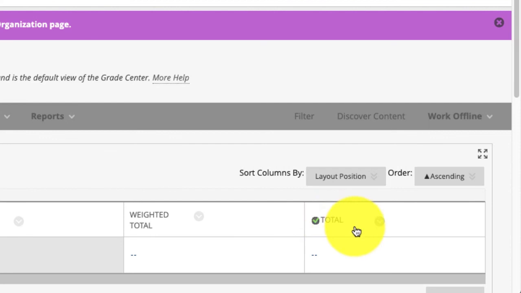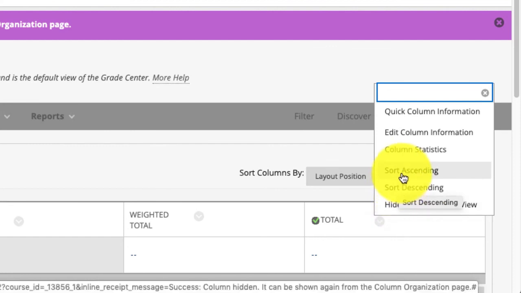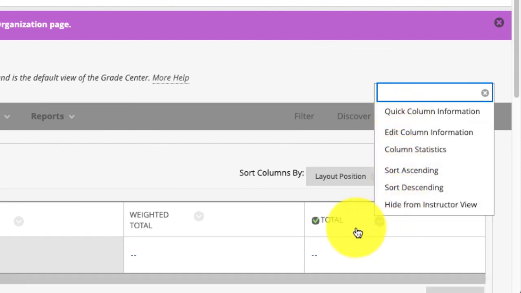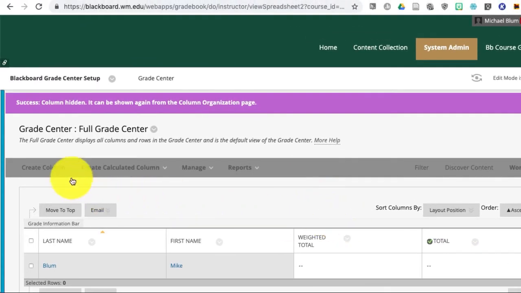But the problem is it has this check mark here, and I can't get rid of anything that is the external grade. If you notice, if I pull down on the chevron, I can hide it from myself, but you notice I can't hide it from the student. The student will always see the external grade, and they'll see this weird total column. So I don't want them to see that. What I'd like them to see is a dummy column that I create. So I'm going to create a column,